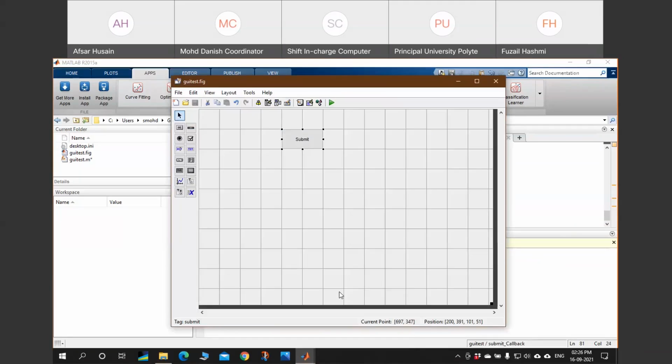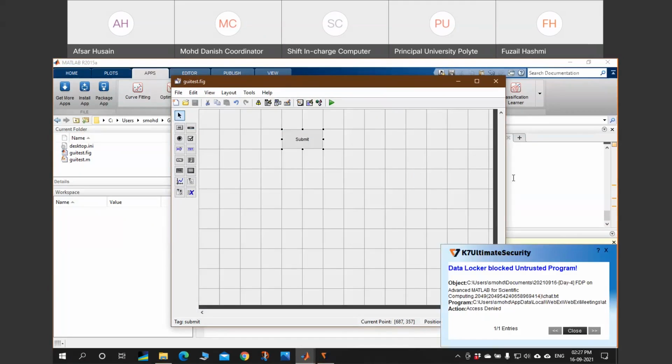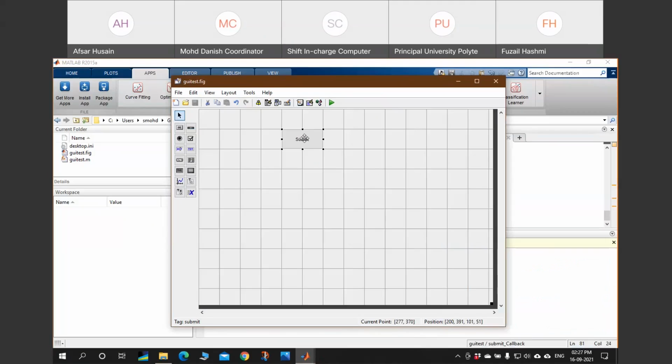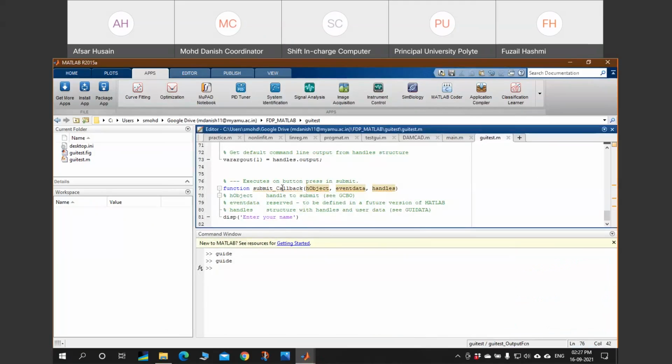What will happen once the user left clicks this button? It will go back to this function and execute this command. If you do not write any command over here, then nothing will happen because there is nothing to be executed. So provide it.